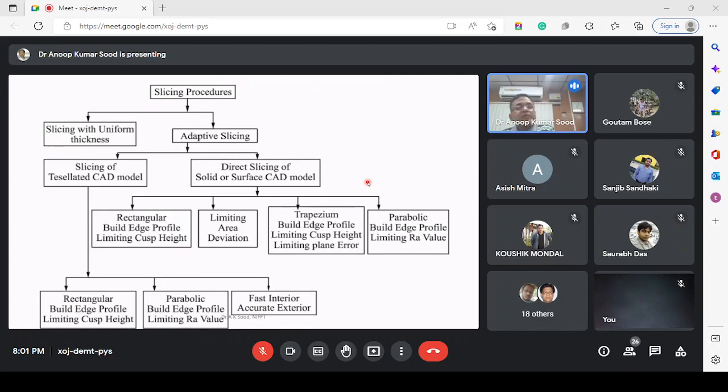So I can do slicing with uniform thickness or through adaptive thickness. Uniform thickness means that the entire part can be sliced using the same thickness value, while adaptive slicing means that as per the criticality of the surface, I can choose the layer thickness value. And under each category, various types of slicing algorithms or processes are available, and I'm not going to discuss them